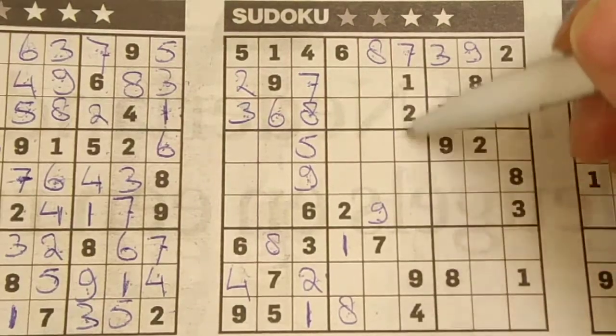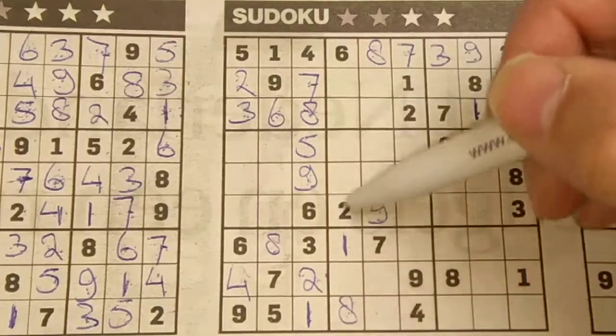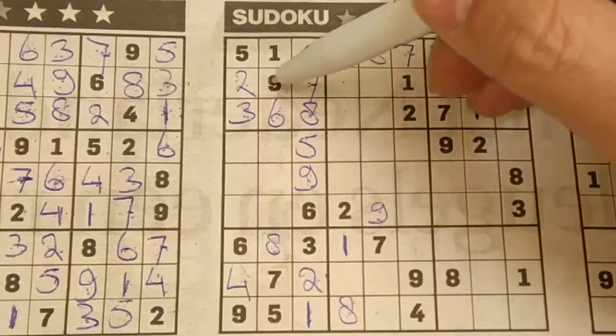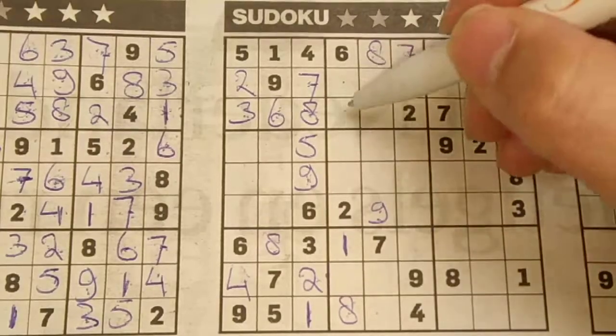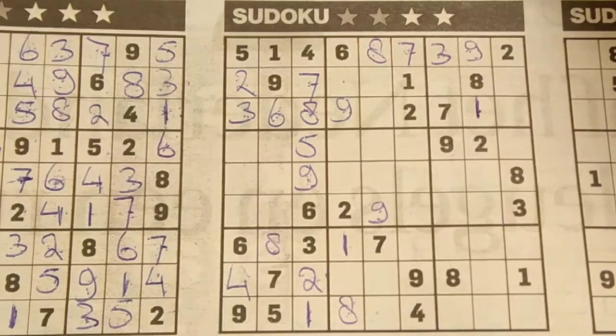9 in this column, 9 in that column, in the middle column, so in the column next, the only two places for the 9 should be here or there, but I see here 9, no 9 there. 9 should be here. And I see all the 9s. No,